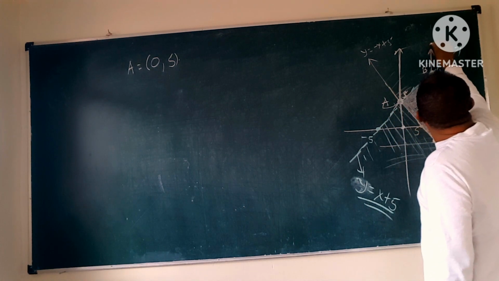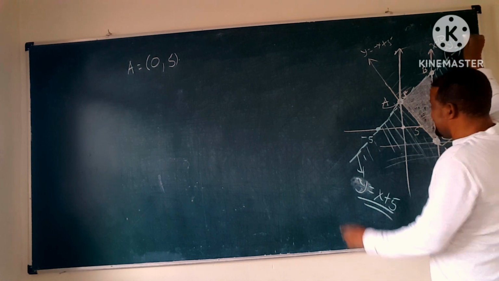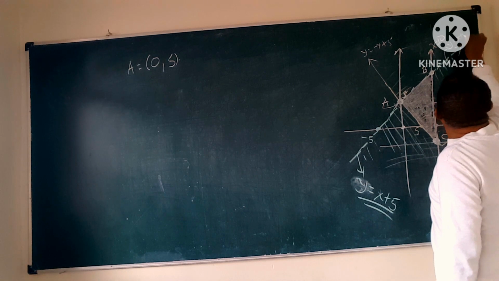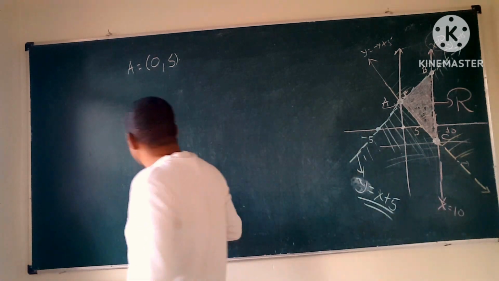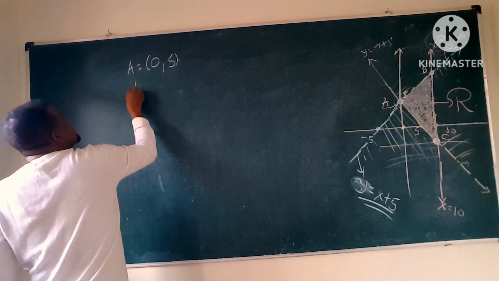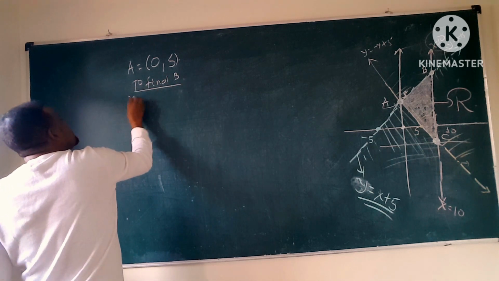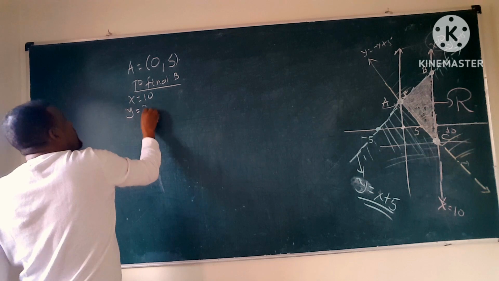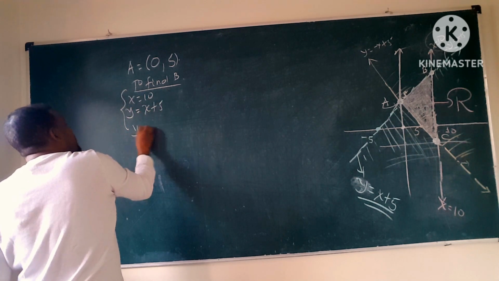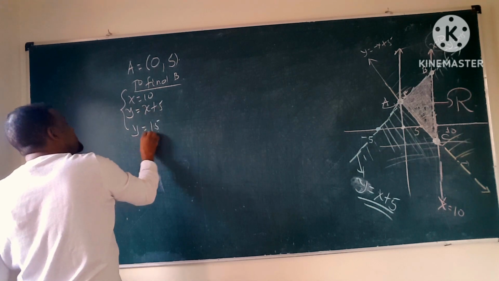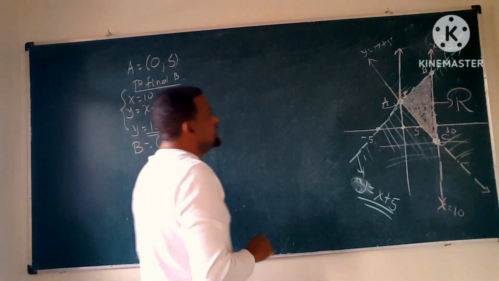እሺ ይሄኛው ደግሞ ተመልከቱ፣ ይሄ ማለት x = 10፣ ይሄኛው ማለት y = x + 5 ነው። ስለዚህ ሁለቱ የሚገናኙበት የx ዋጋ 10 ነው፣ የታወቀ ነው፤ y ዋጋ ነው የምንፈልገው፣ to find point B. ስለዚህ x = 10 እና y = x + 5 simultaneously፣ የx ዋጋ 10 አይደል፣ እዚህ ጋር ታስገባላችሁ፣ ስለዚህ y = 10 + 5 = 15፣ ስለዚህ point B ማለት (10, 15) ነው።